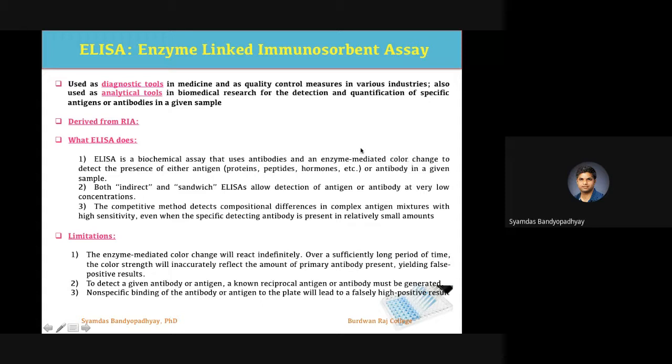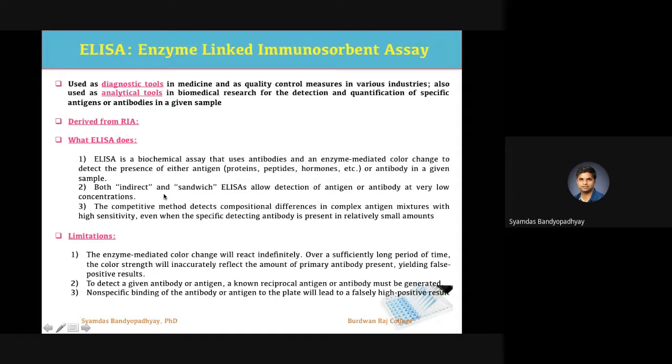So there will be a role of enzyme somewhere in the protocol that is associated with change of the color, and you measure that change of the intensity of the color, and that will give you an indication of how much antigen is present in the sample. So ELISA, as the name suggests, is a technique that involves a certain enzyme associated with change of the